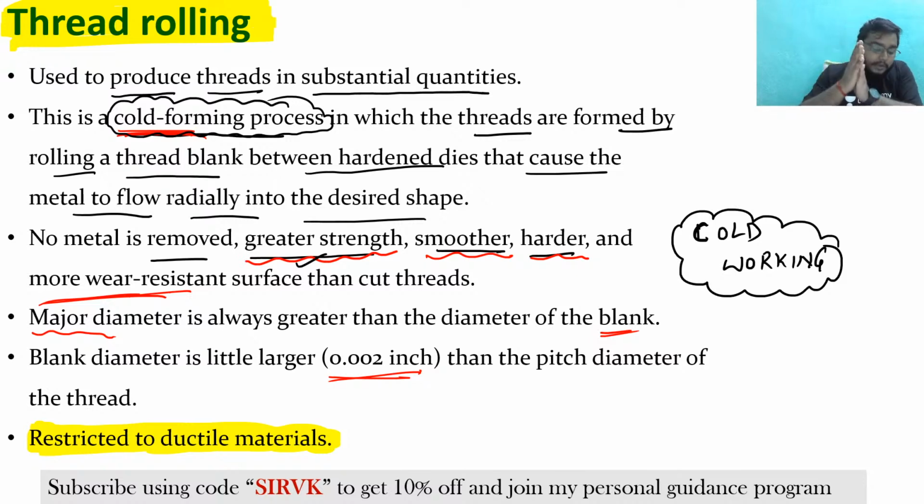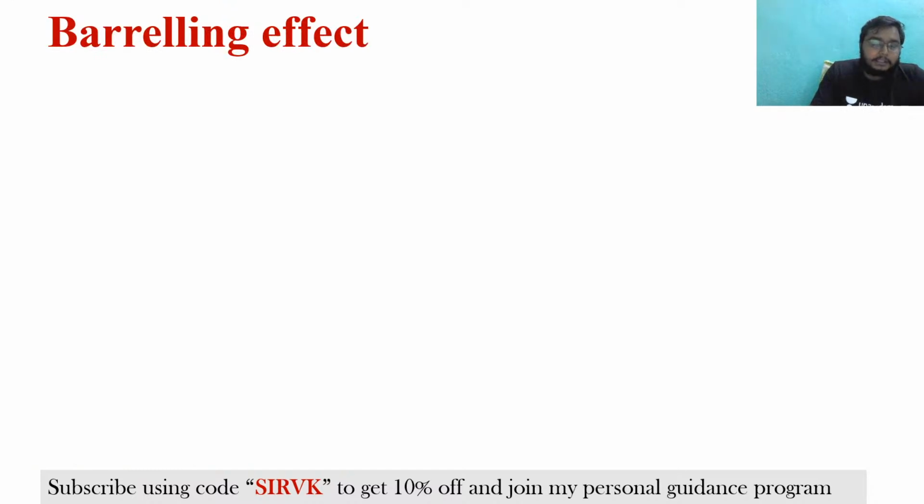हॉट वर्किंग प्रोसेस में होता क्या है, हॉट वर्किंग प्रोसेस में मटेरियल डक्टाइल हो जाता है. इसका मतलब ये थोड़े है कि अगर आप कोल्ड वर्किंग प्रोसेस डक्टाइल मटेरियल में करेंगे तो उसका प्रॉपर्टीज वैसा नहीं होगा, नहीं. If that is your concept, remove it. This is the basic concept. Okay, great. Now understand the barreling effect. What is this barreling effect? Now understand what is happening in this roller. See, do not favor ductile means what? See what is happening. Suppose if you have a ductile material,